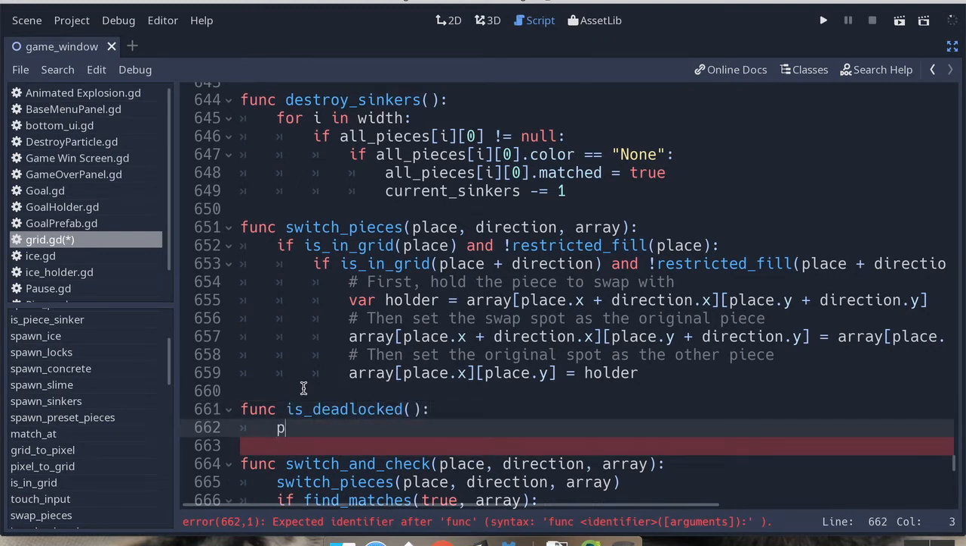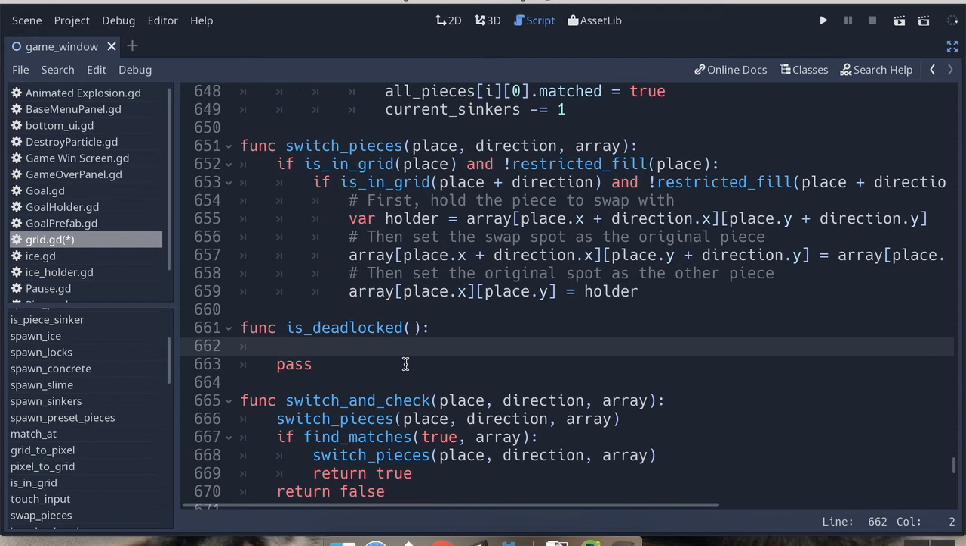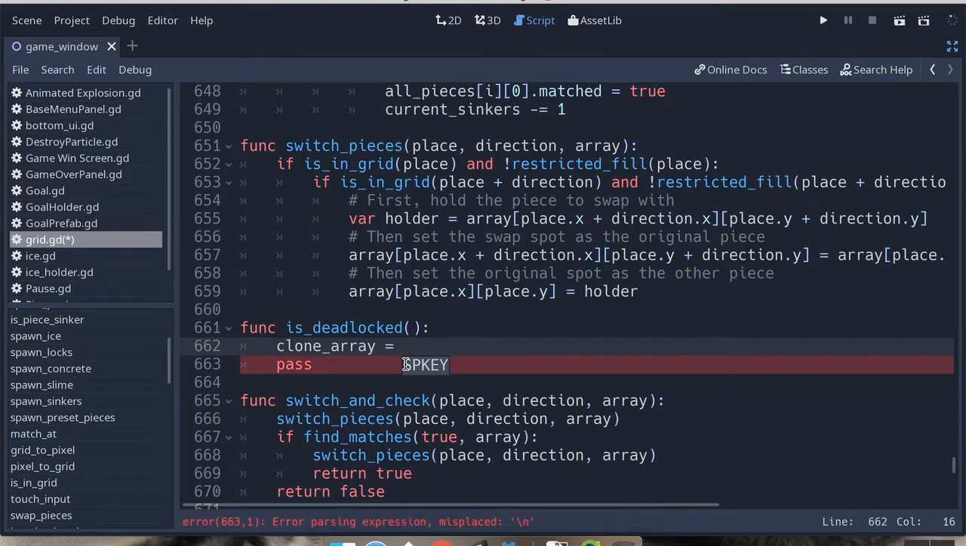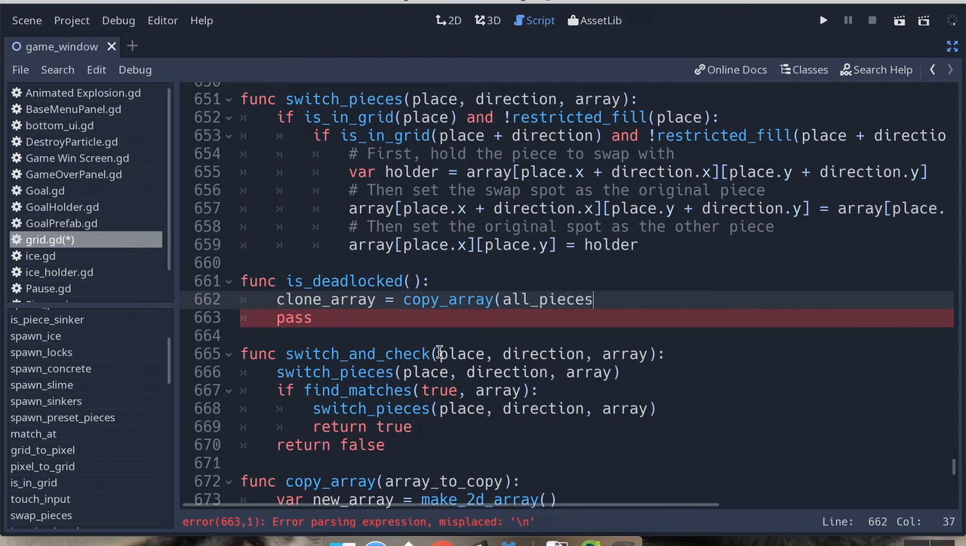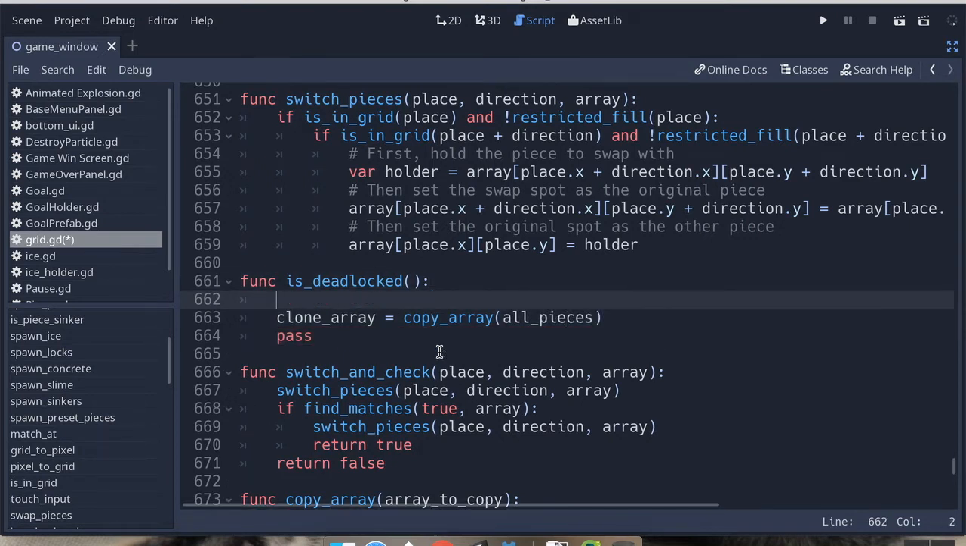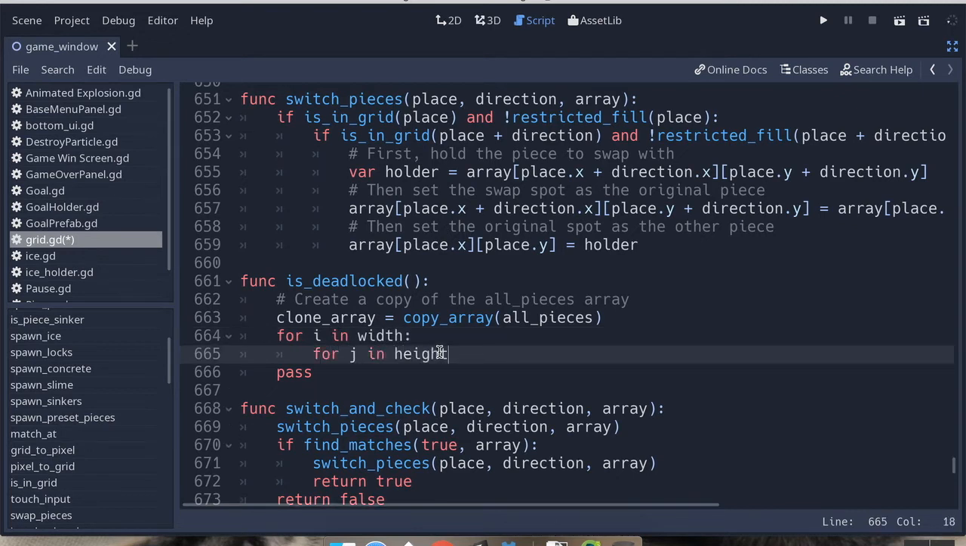And this is going to be called isDeadlocked. The first thing I want to do here is take the clone array and set that equal to copy array all pieces. So first thing I want to do is create this clone array, a copy of the all pieces array. Then I want to look at every piece. So for i in width, for j in height,